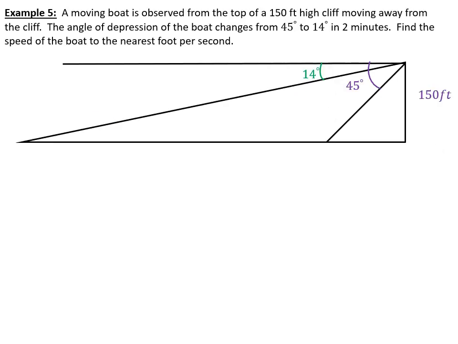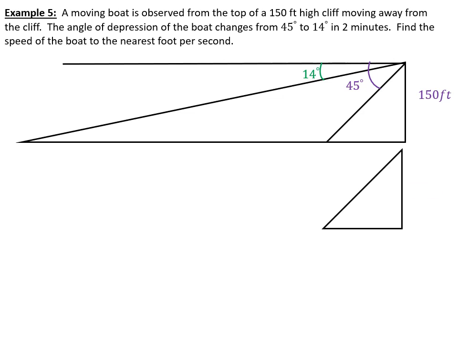Example 5, a moving boat is observed from the top of a 150-foot high cliff moving away from the cliff. The angle of depression of the boat changes from 45 degrees to 14 degrees in 2 minutes. Find the speed of the boat to the nearest foot per second. This is the type of problem that you would end up using it. This is kind of a real world